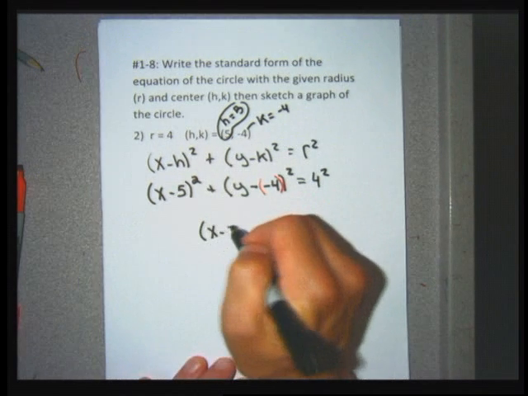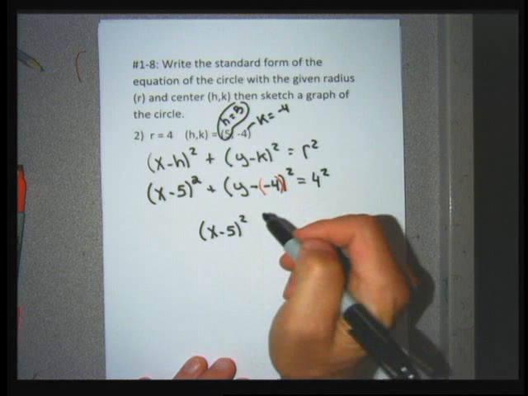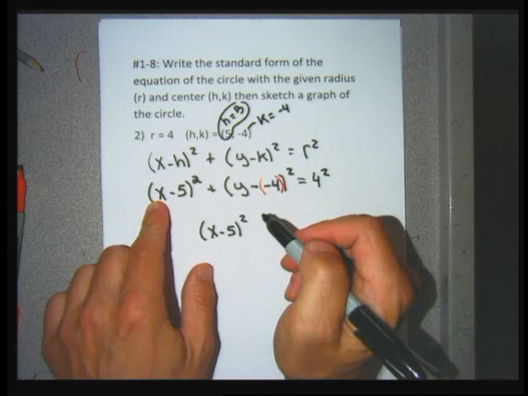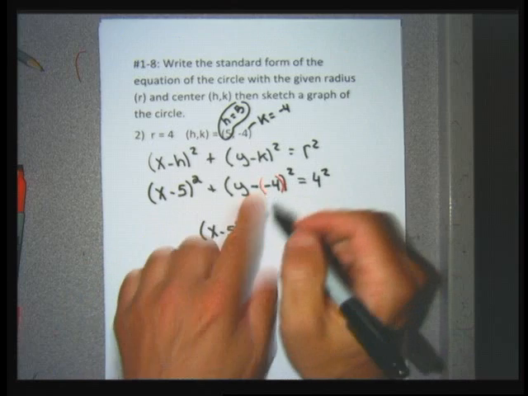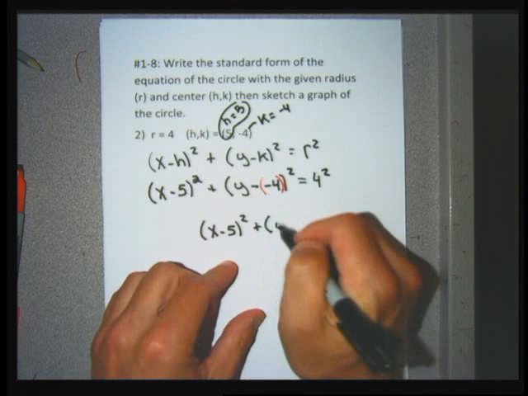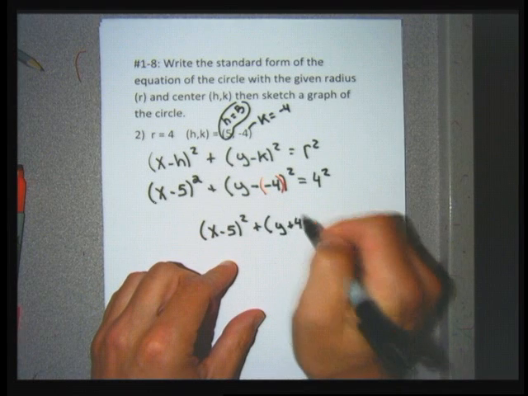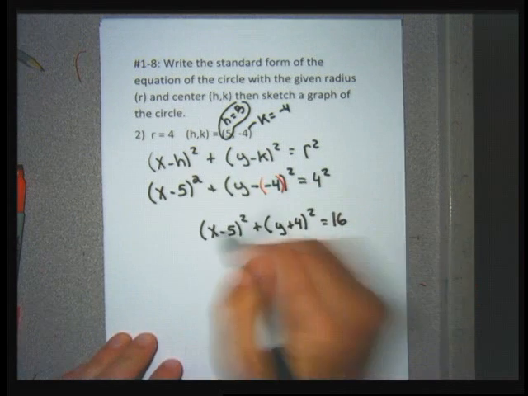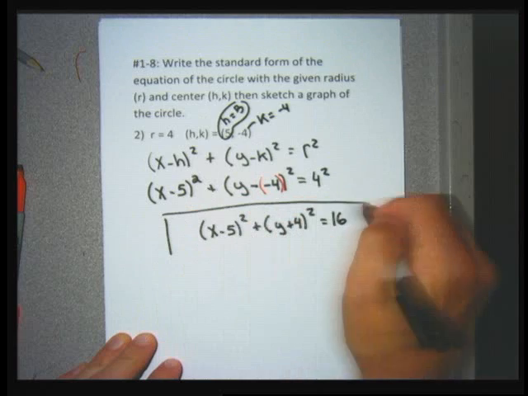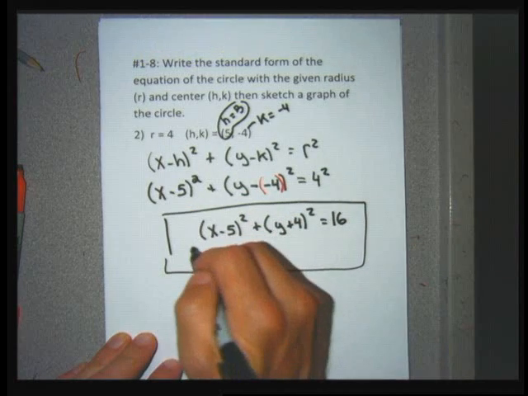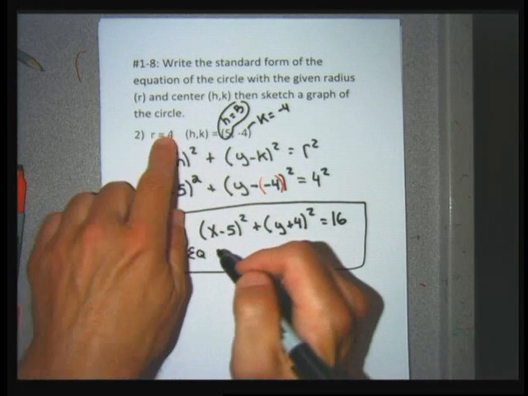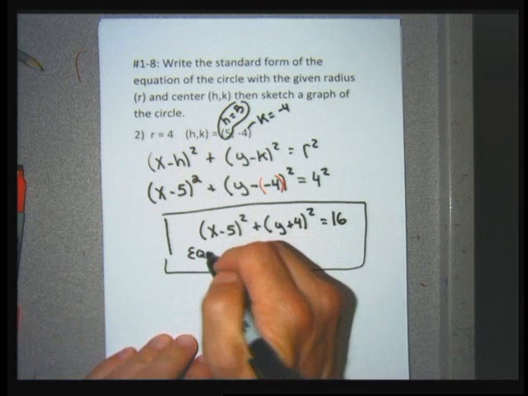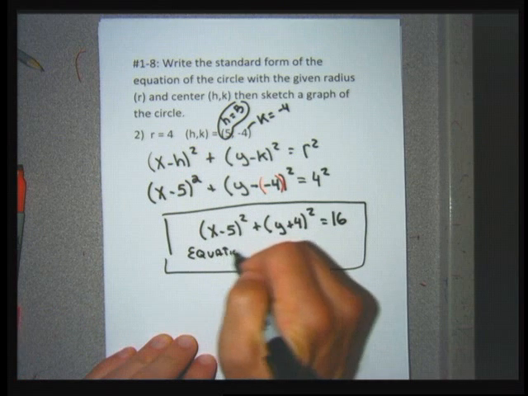I'm not going to deal with the x minus 5 quantity squared. There's nothing nice I can do to it that's obvious. But the double negative in the y parentheses, I'm going to write that as y plus 4 quantity squared. And the 4 squared I'm going to write as 16. I would consider this the equation of the circle that has a radius of 4 that passes through the point 5, negative 4, written